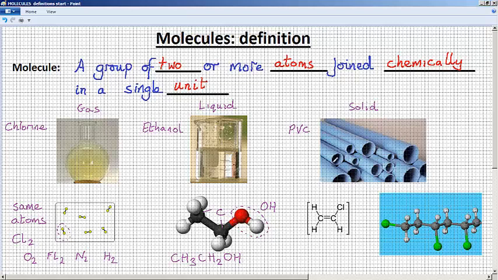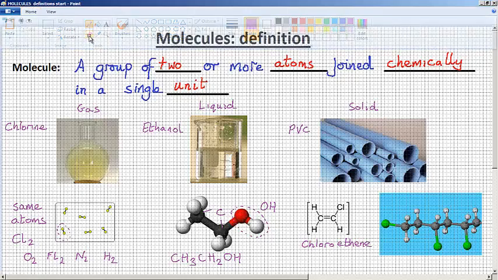So the last example is a molecule that is a solid, and this is PVC. Now, this is made from a single unit here, and this is called Chloro Ethene. Again, you don't really need to worry too much about this at the moment. We'll look at this in more detail much later on, Chloro Ethene. And what happens is that you'll notice here that these black lines here are called bonds. These are what holds the atoms together in the molecule, and you'll see that between the carbon there's what we